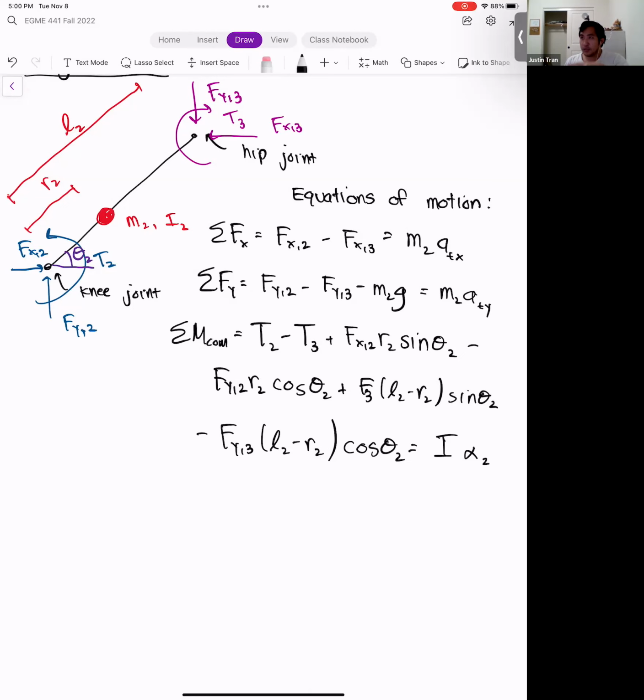Right, so they look similar, and so there's not too much different here compared to the previous one, except all the indices have been shifted up by 1. So all the 1s became 2s, all the 2s became 3s, and we have a fresh linear acceleration to compute.